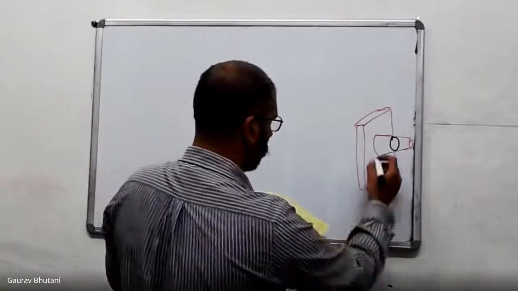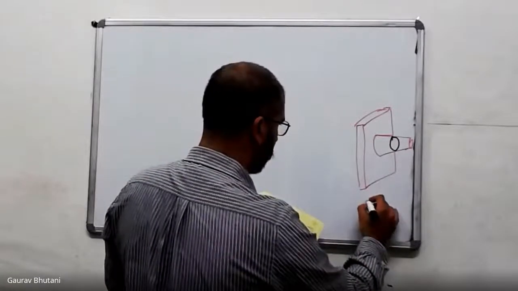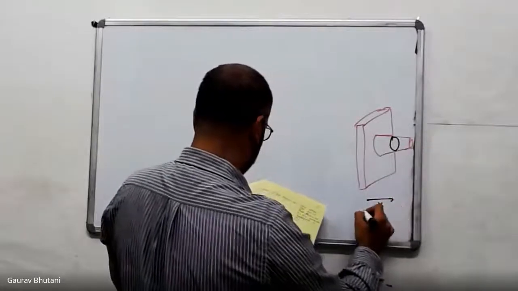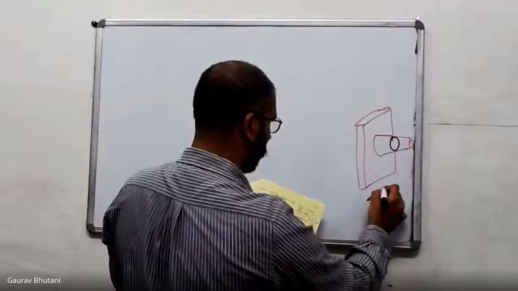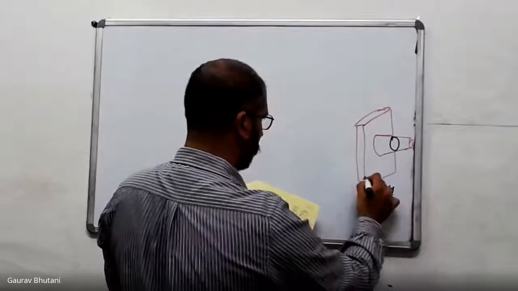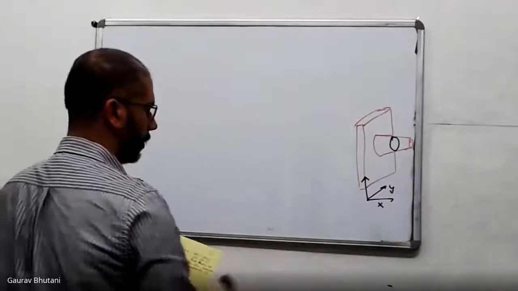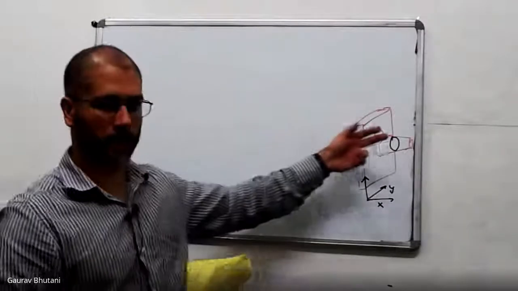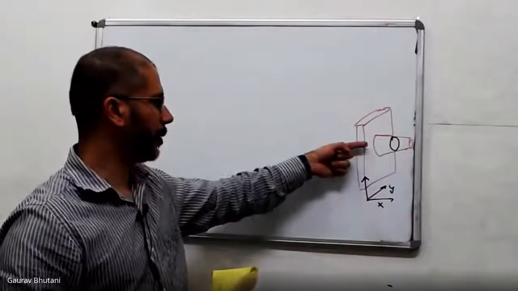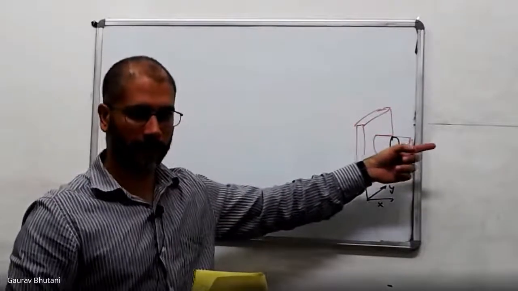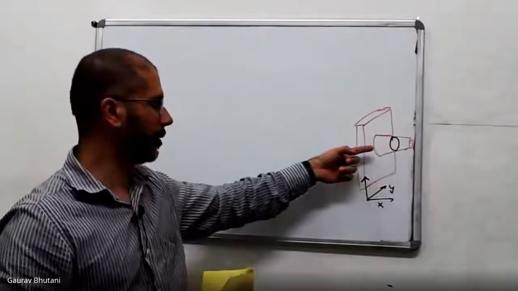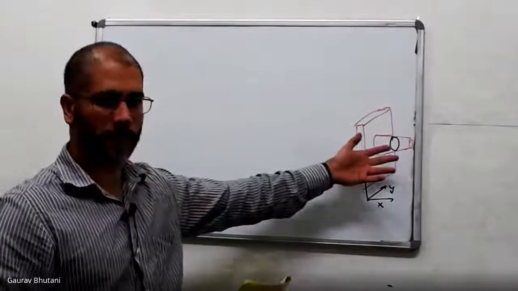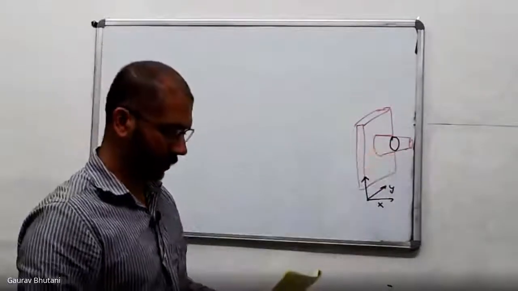So in this case, let's take the direction along the fin as the x direction, and then in the perpendicular plane we have the y direction, and z is on the top. The assumption here is that we'll again assume a 1D situation. So the temperature variation is only happening along the length of the fin. That may not be a very good assumption in many cases, but it is a decent one for fins which are long and have this kind of geometry.